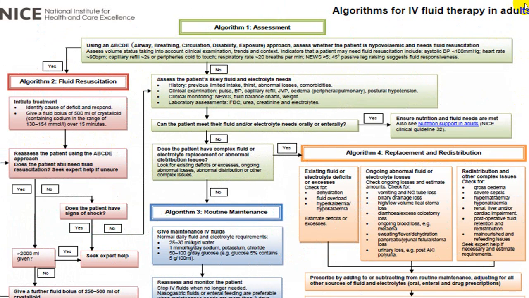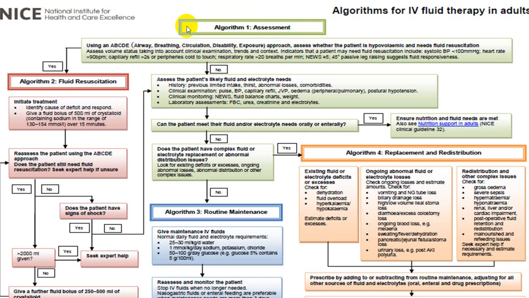Now we come to the algorithms for IV fluids. First is assessment to find out whether the patient is euvolemic, normovolemic, or hypervolemic, and what the clinical status is, whether it is a shock stage. You will have to examine, and then decide whether he requires resuscitation in the form of airway, breathing, and circulation. Now we call it circulation, airway, and breathing. So circulation should be established as early as possible. So we bring up the blood pressure, try to maintain the pulse volume, and maintain the peripheral circulation. So that will require a reassessment.